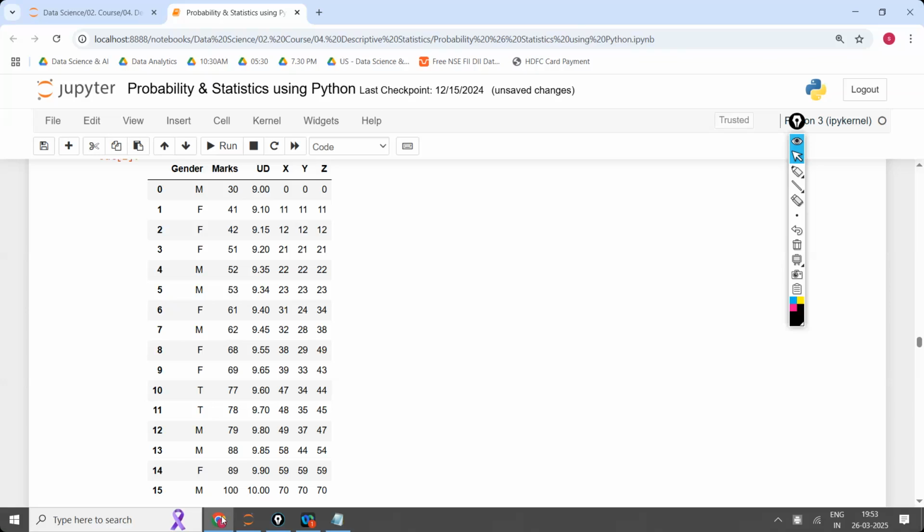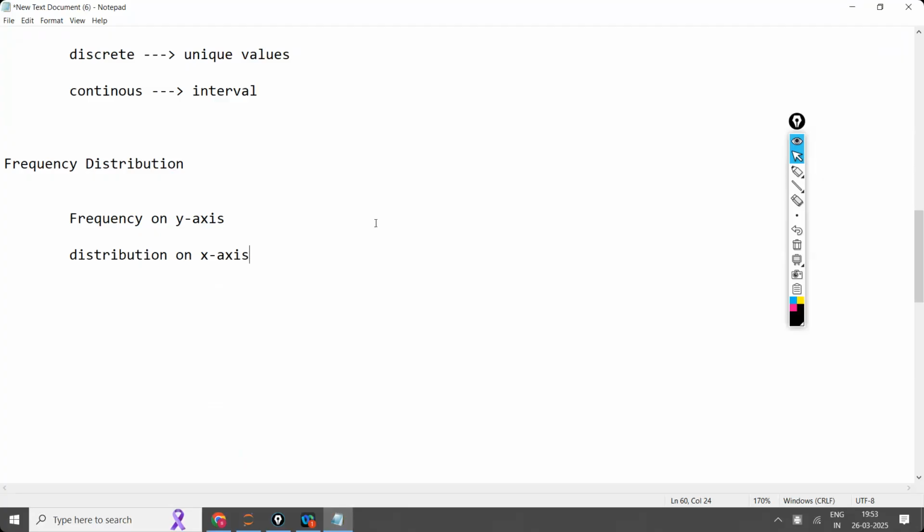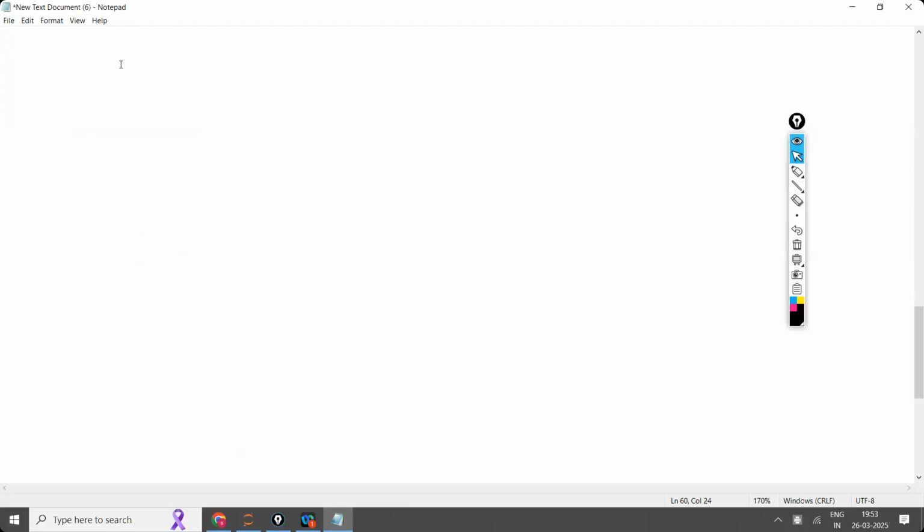Okay, now keep the screenshot with you or keep the photo with you, and for this data let us apply one by one. What are the things we are going to apply? First let us take the discrete variables. Let us go with the first one called discrete. For discrete, we calculate the first probability. Separate first, instead of probability, first we will go with the distribution. Same logic has to be applied for the continuous also.